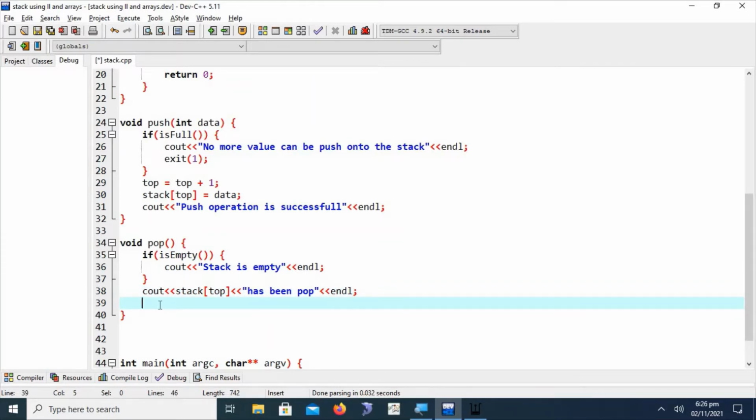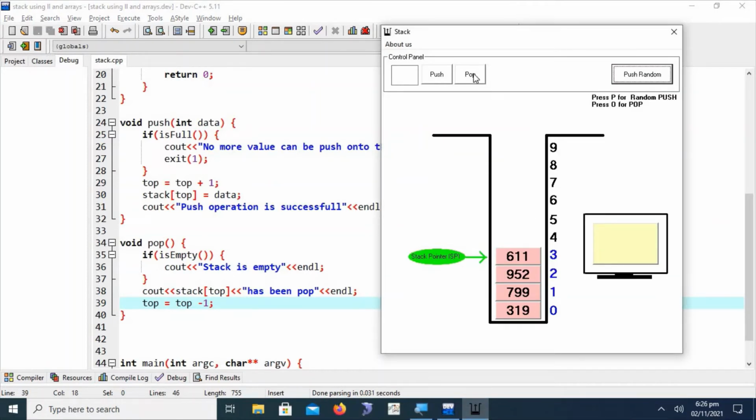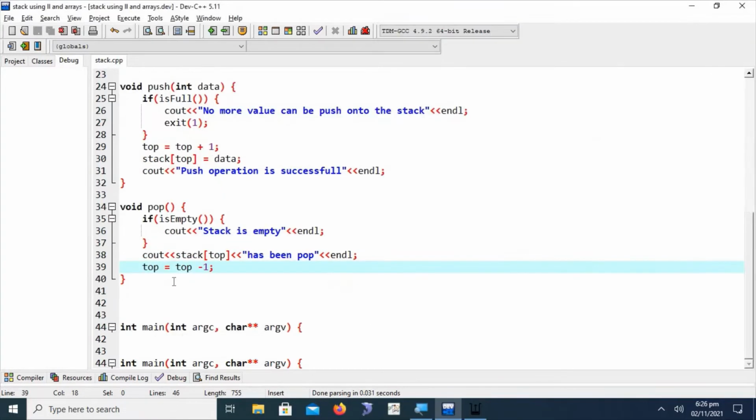And after popping this topmost element, we have to decrement top by 1. Let me show you again: after the pop operation, we have to move the stack pointer by minus 1 position in the array.